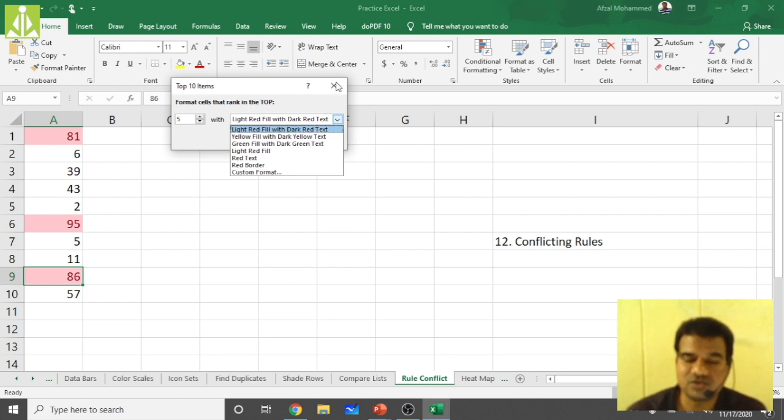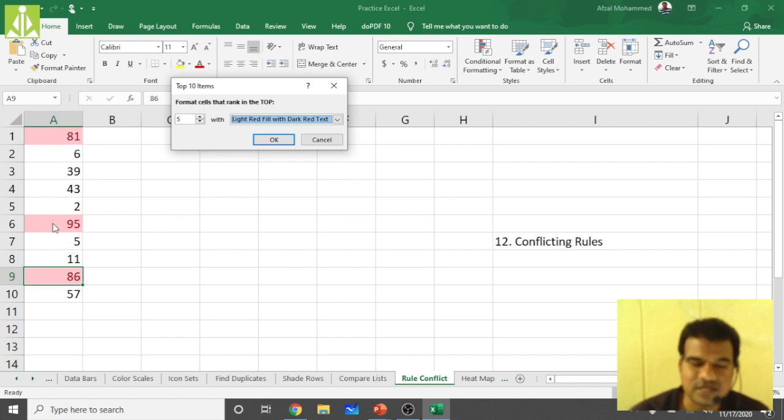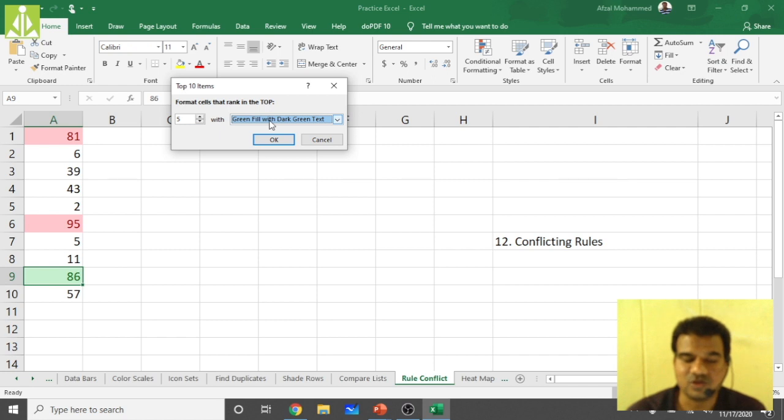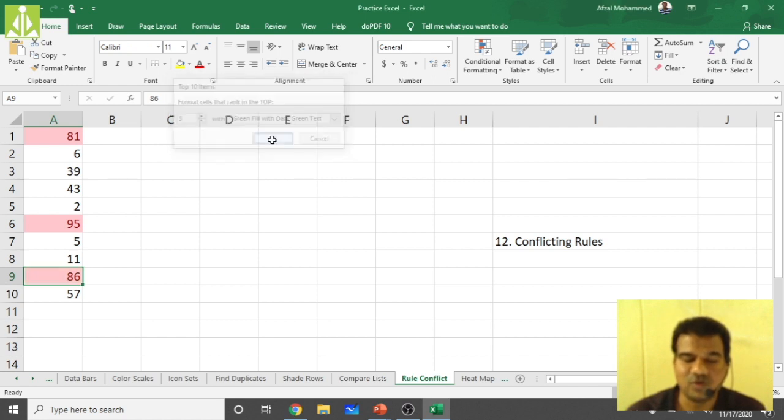So first rule, whatever I have applied, it is satisfying 3 cells, 81, 95, 86. So I got those cells highlighted. Second rule, I want to pick top 5 values from this list, and I want to color those values with green. Now click on OK.